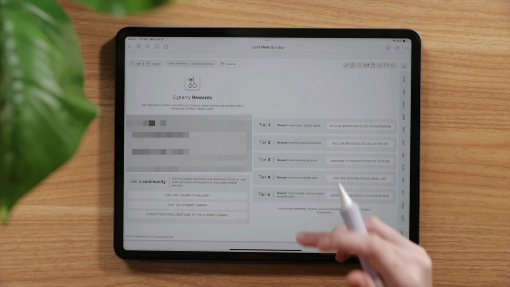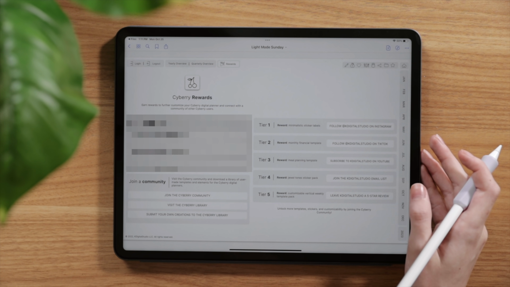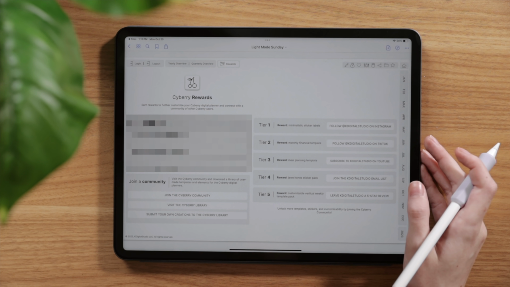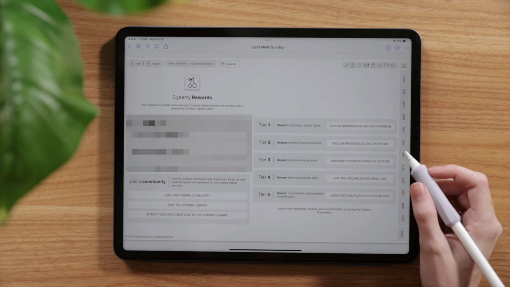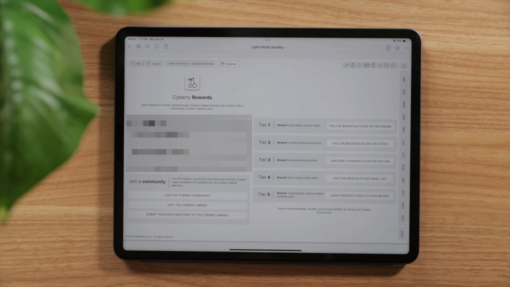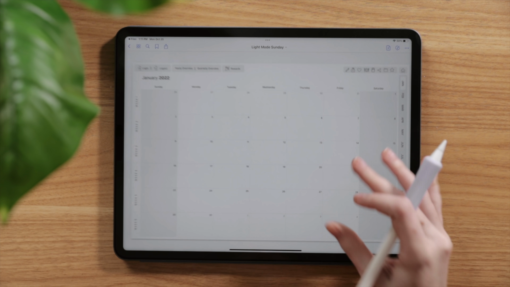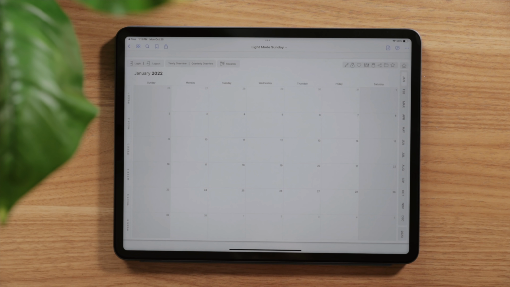So maybe you created just a rock star weekly template for your Cyberry digital planner that you want to share with others. You'll be able to do that using the buttons here in the reward system. There is a password for the Cyberry community because, again, I want that to be accessible to those who use Cyberry. Alright, so let's head back over into the monthly template